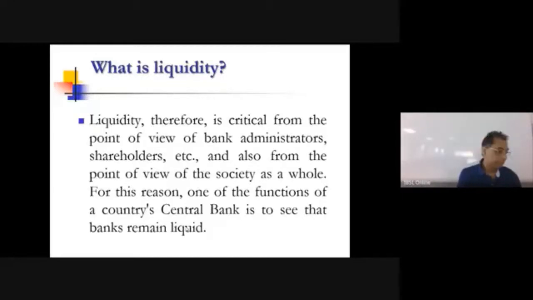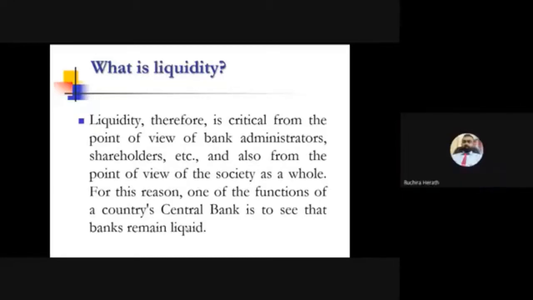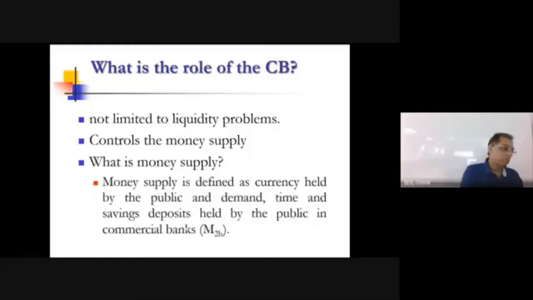Does that answer your question? Yes, yes. Okay, thank you, sir. No problem. So we'll go into the next section, which is basically the role of central bank. Any questions other than that? Okay, so